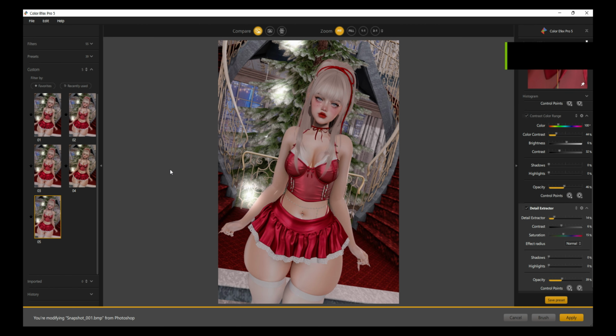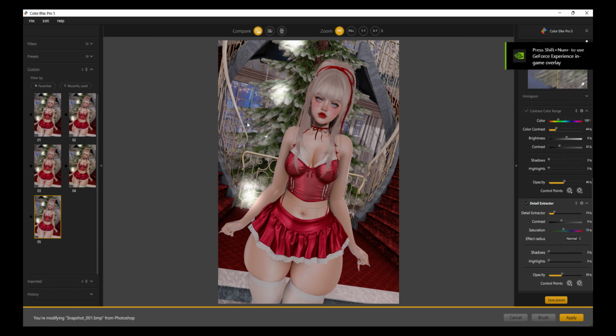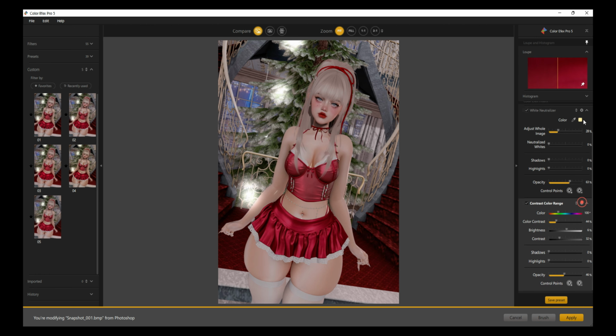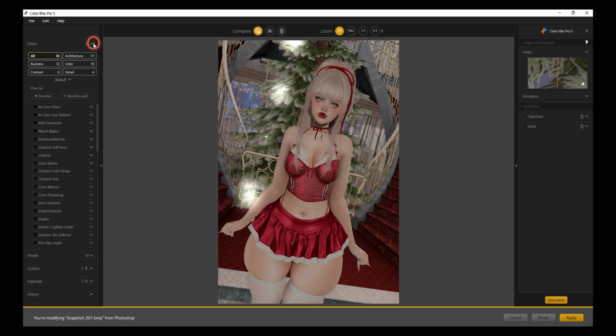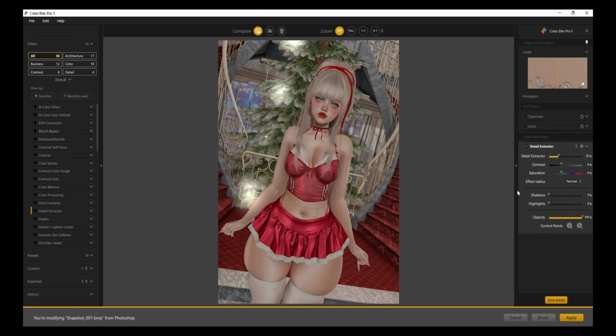I just created this one in my previous tutorial that I can't use because it wants to be mean to me. So let's go ahead and start from scratch. You want to go here, filters. And we can start with Detail Extractor. Push the plus button. And we can go ahead and